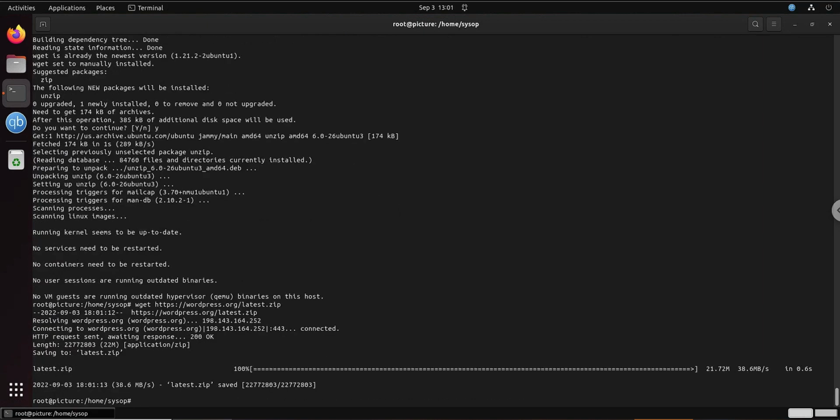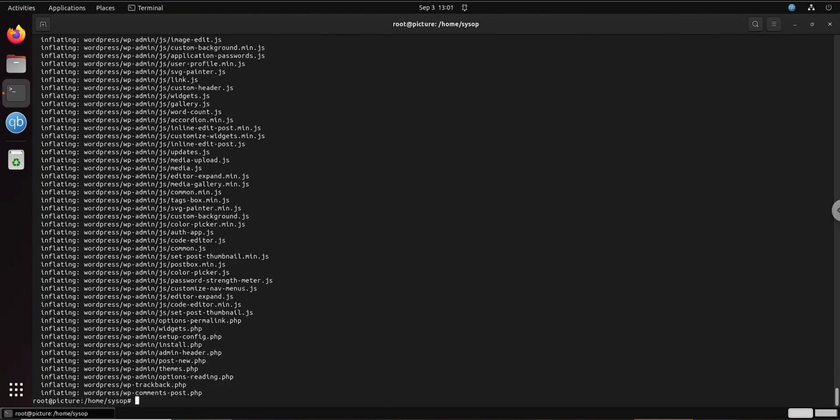So now we're getting the file from the WordPress website. Now we're gonna use unzip to unzip it. There's different ways to unzip this. You can use RAR or the BZ, whatever. There's different ways to do it, but again, this is for beginners, so there's gonna be people saying, oh, this is not how you do it, I'll kill you. So yeah,